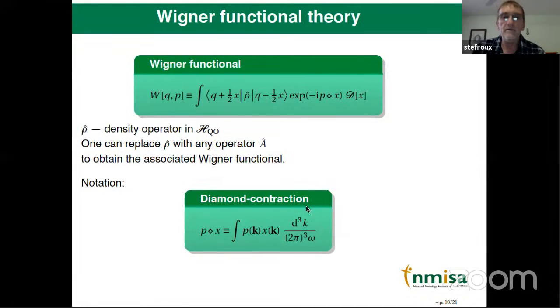So here I have the definition of the contraction, which is in this case ignoring the polarization, and it only becomes an integral over the momentum. When you do have the polarization, then you will have an additional index that is sitting here. And so this contraction will then also include a summation over that spin index. But apart from that little complication, the formalism goes through exactly in the same way.